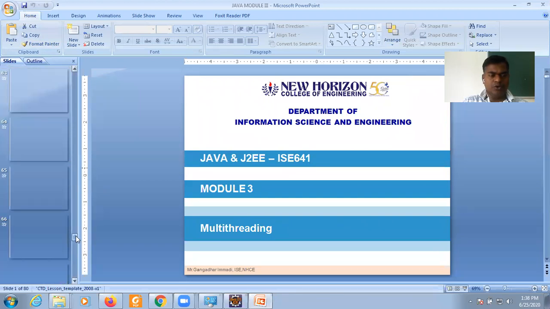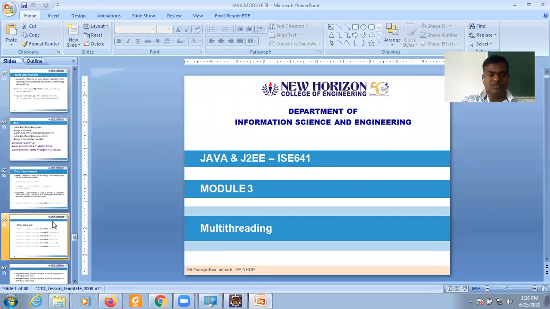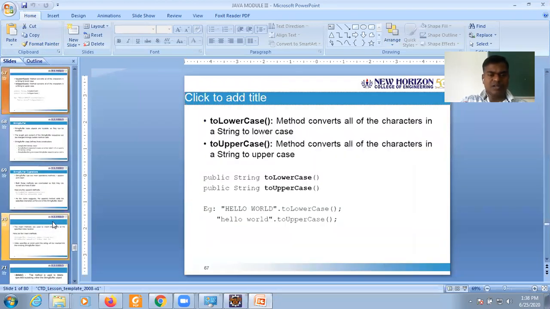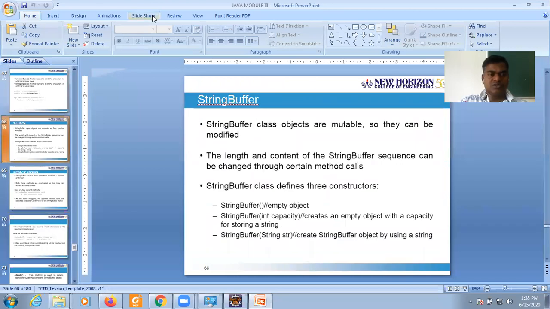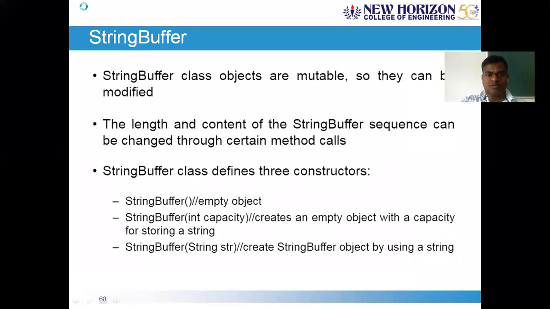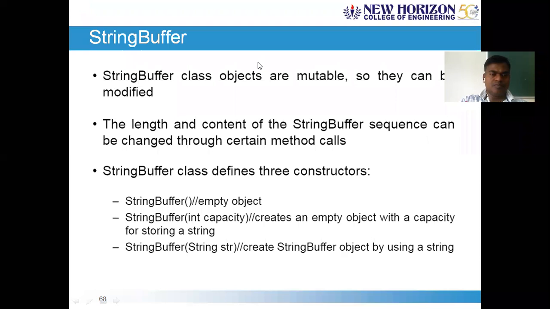So move on to the string buffer class and its usage. String buffer class objects are mutable, so they can be modified.